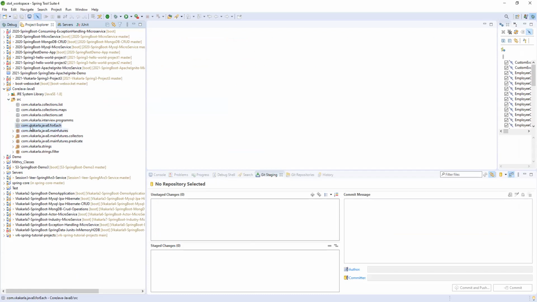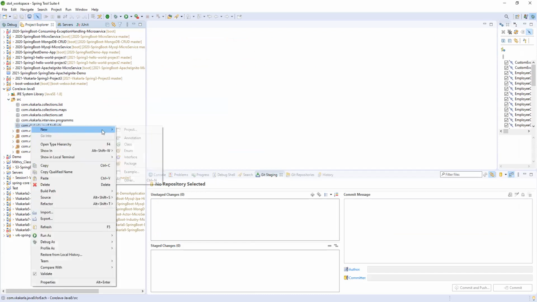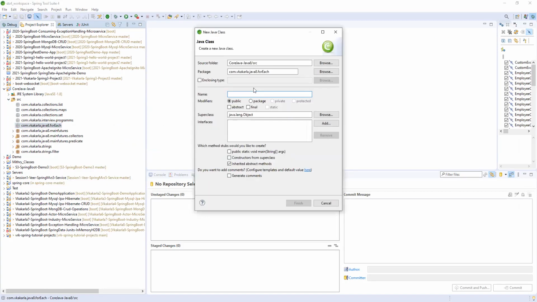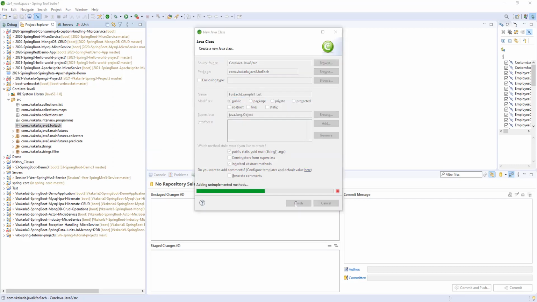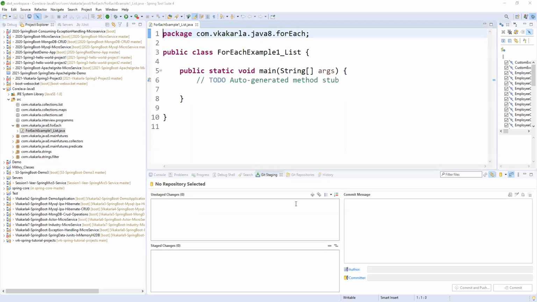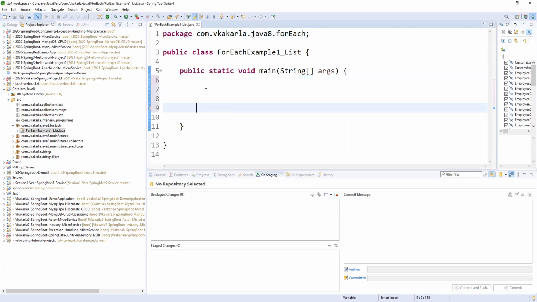So let me create a class here, forEach example one using list. Here I want to create a list of elements, and I'll use a list of strings.